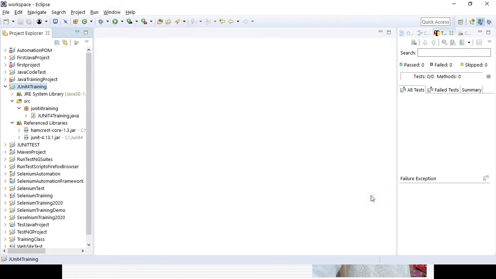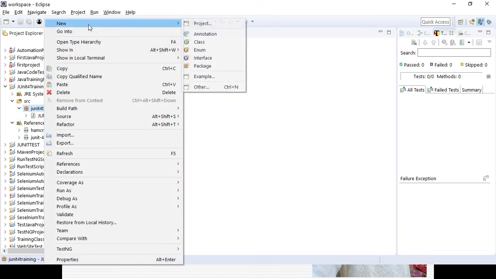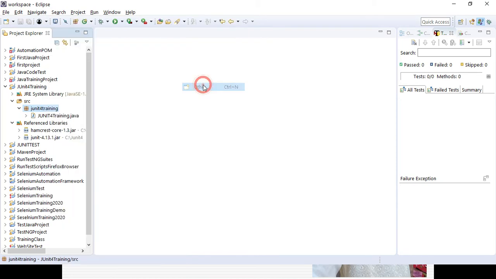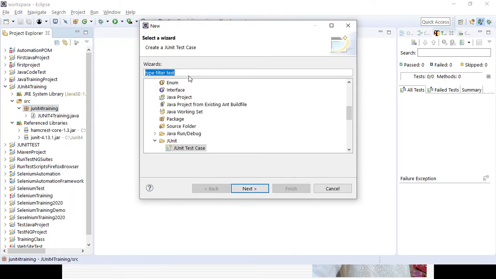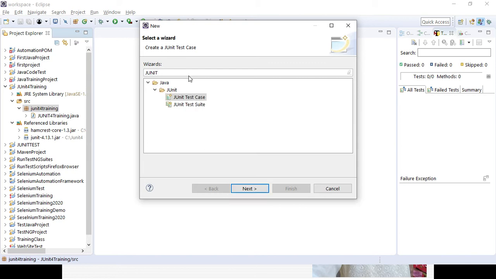Once you add those jar files, go to any package, click on New and Other, and type JUnit. Under the Java folder there is a folder called JUnit, and in it the JUnit Test Case and JUnit Test Suite options. Select JUnit Test Case for now.